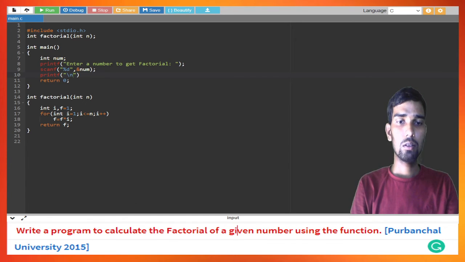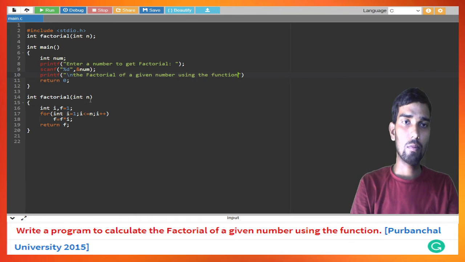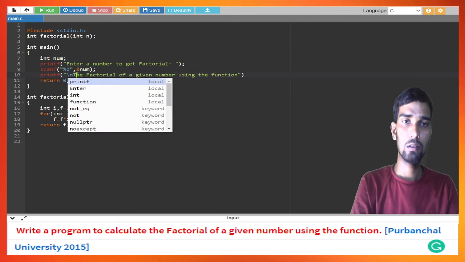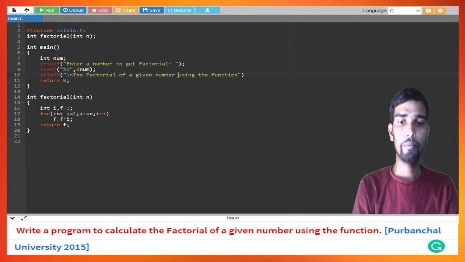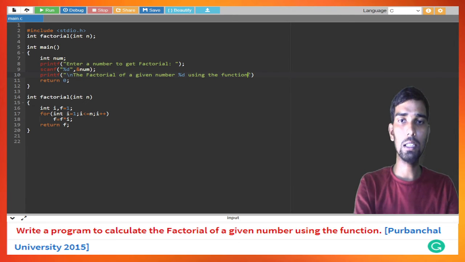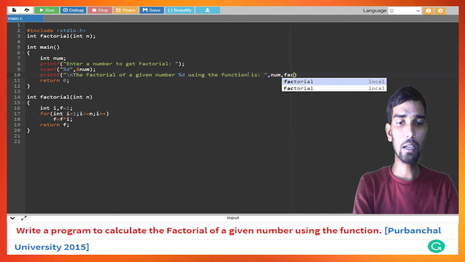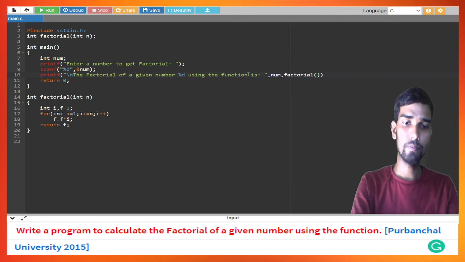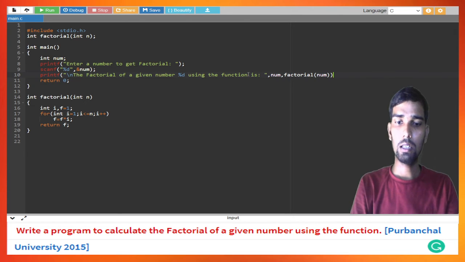The factorial of given number %d using function is, will print here. So the number is num and the result will be returned by factorial. Factorial of num. And that's it. Let me run it and show you.